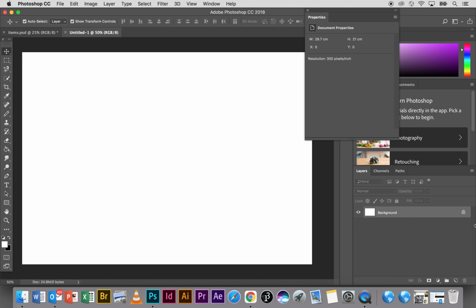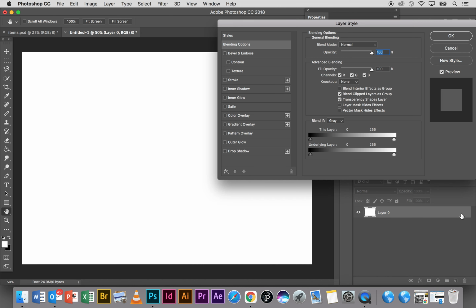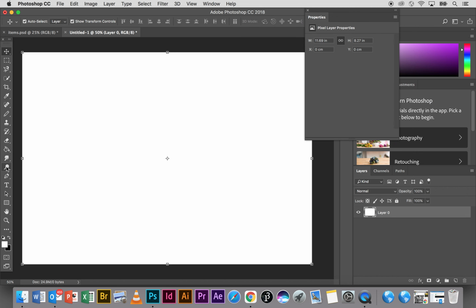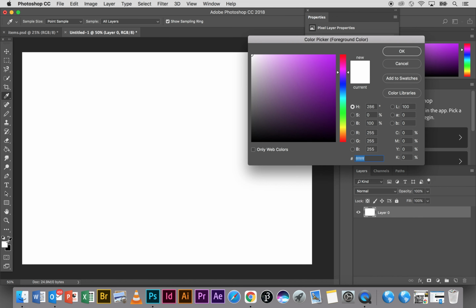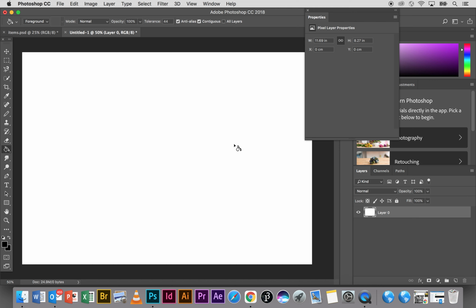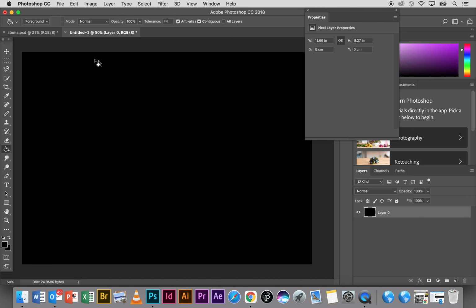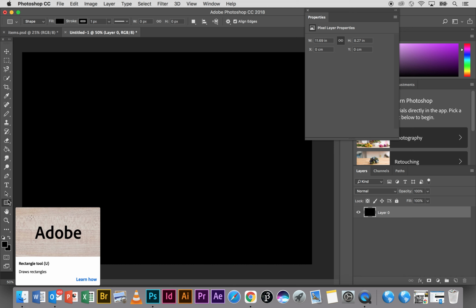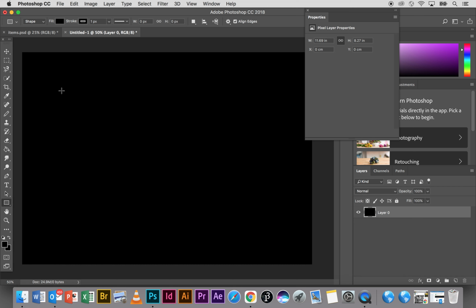In fact, I'm actually going to make this the background, so I'm going to unlock the background, and I'm going to make the background black. And there's a few different ways you can do this. I want you to try two different methods. So the first one which I'm going to use is simply using my rectangle tool,